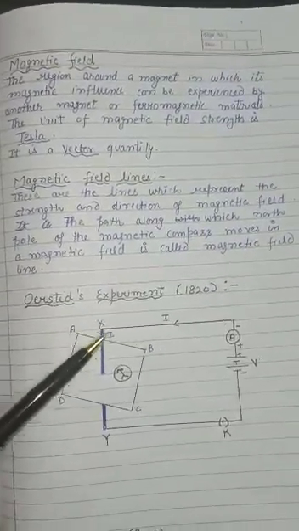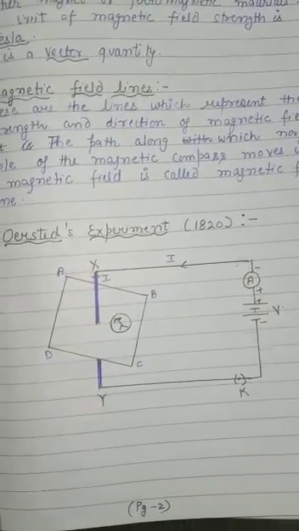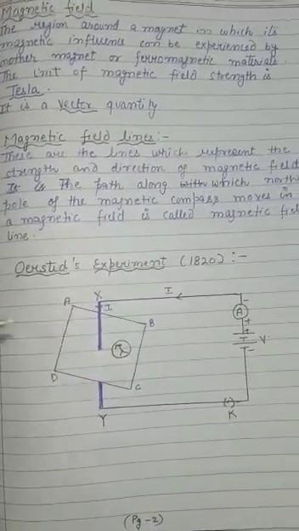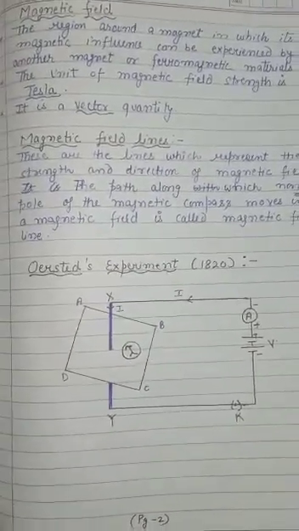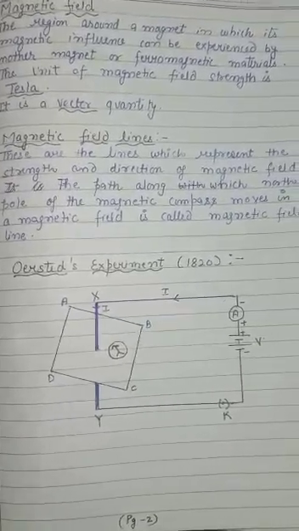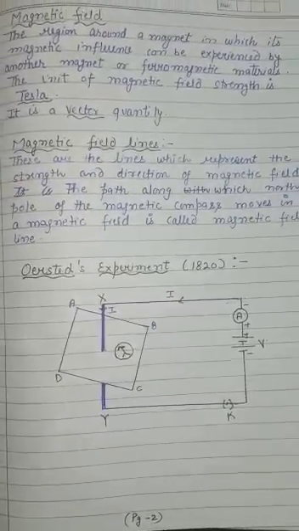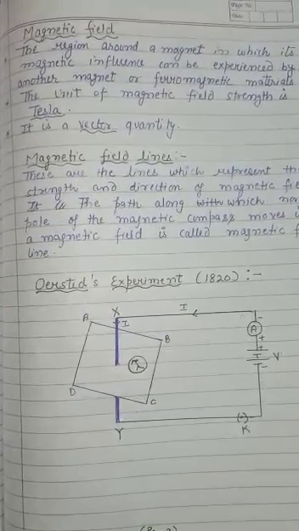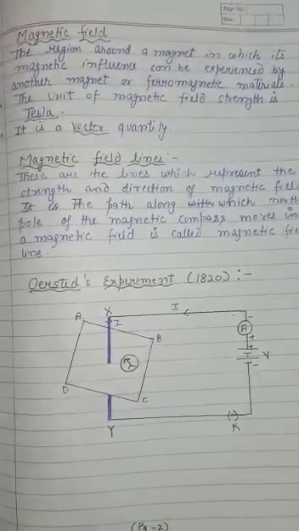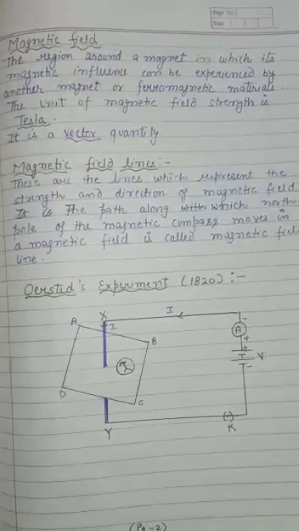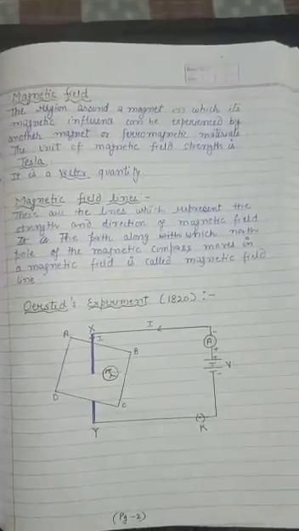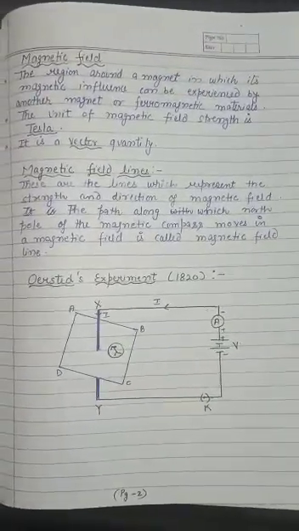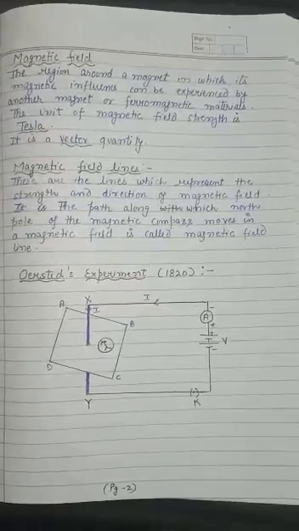So basically the current which is flowing through this copper wire is generating or producing the magnetic field which is exerting force on this magnetic compass, due to which it is deflecting. Right, students? So with this activity we can conclude that whenever current passes through a conductor, it always produces a magnetic effect. This was the greatest discovery of Ørsted, and later on many devices like radio and televisions were able to be discovered because of this important relationship between current and magnetism.